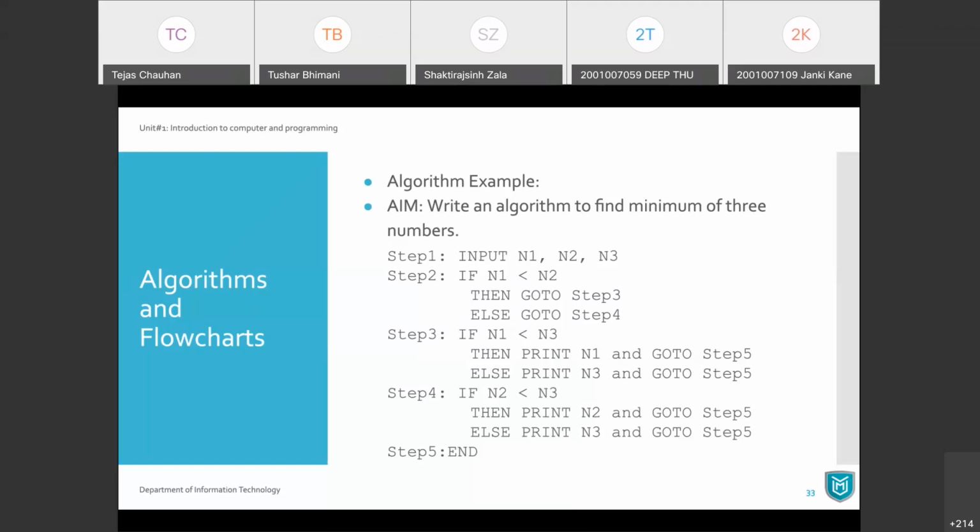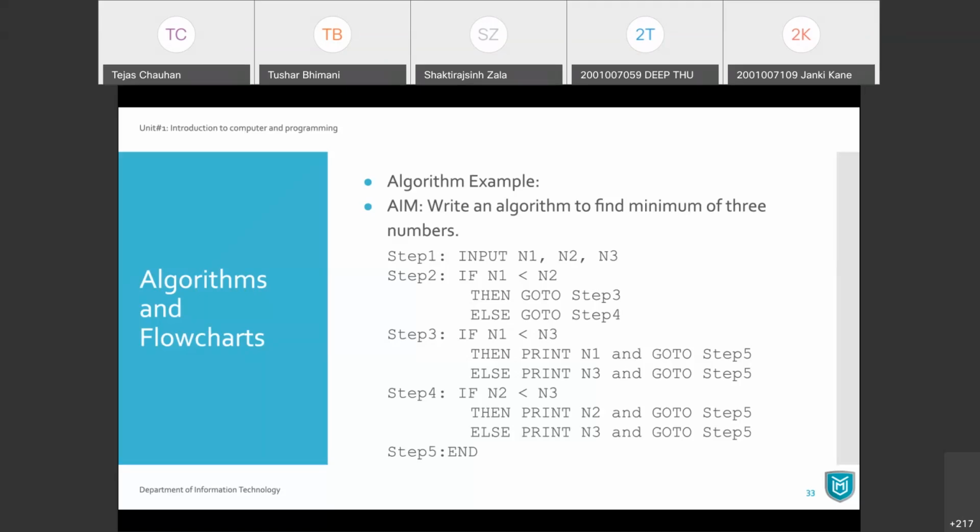So you can say that if n1 is less than n2, then you go to step number 3, but at step number 3 we have another if then else statement, and so on. Now it may happen based on our requirement, because this was the example to find the minimum number from given 3 numbers. Out of 3 you want to find one minimum number. Well, there are different ways to go about it. One is this: you can have 3 if statements. You need to have 3 comparisons, and then you can finalize which one is the minimum number in this way.